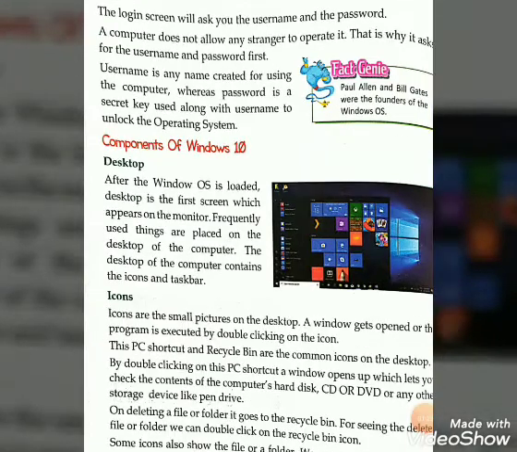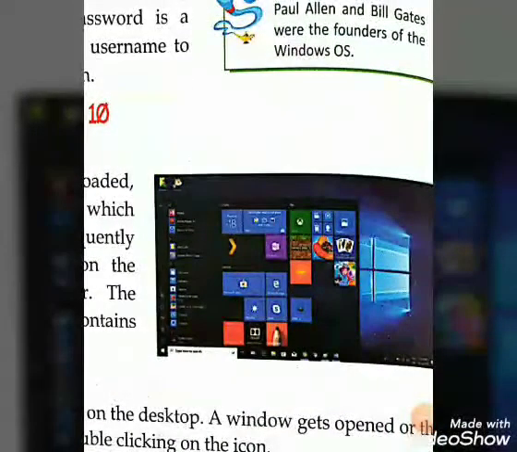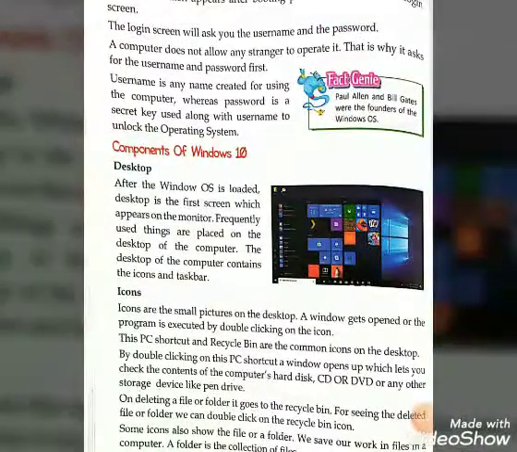You can see here, this is the desktop. Frequently used things are placed on the desktop of the computer. The desktop of computers contains the icons and taskbar.